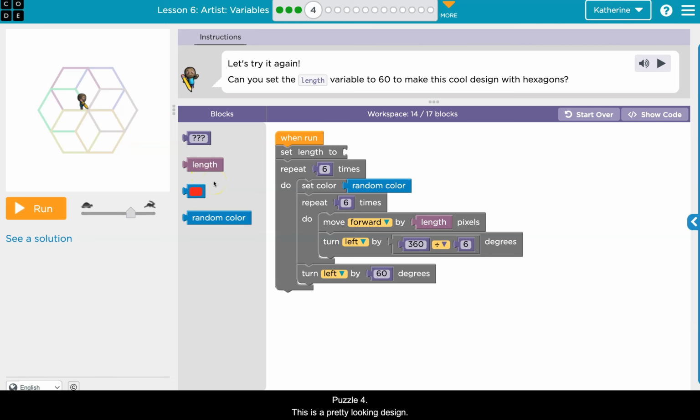Puzzle 4. This is a pretty looking design. According to the instructions, it's made out of hexagons. Look closely for a minute and try to see those hexagons as they turn and overlap. Great. The instructions want us to set the length variable to 60, but I want to take a minute to